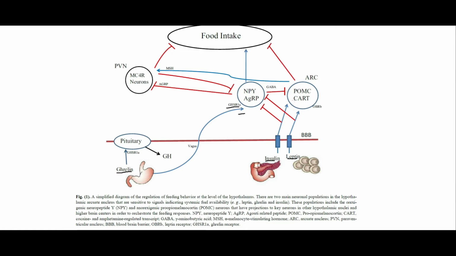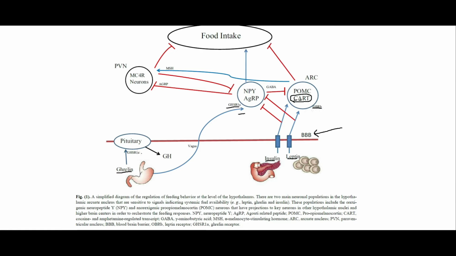This shows insulin and leptin activating the POMC, also sometimes called CART. And CART, I think, actually stands for like cocaine and amphetamine something or other. I don't remember offhand, but that's kind of interesting. But I will be calling it the POMC. And so one thing to also notice is that both of these have to cross the blood-brain barrier. So we see leptin is activating the POMC neurons in the ARC, the arcuate nucleus, and these bind to the OBRB